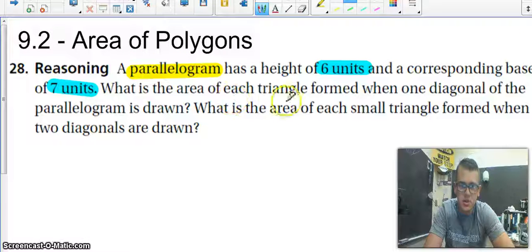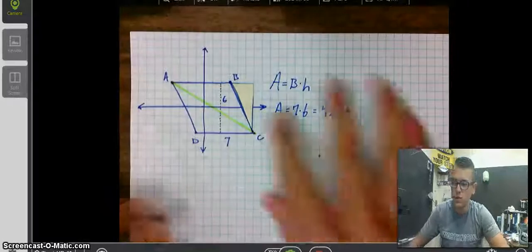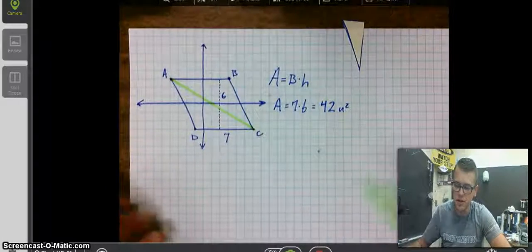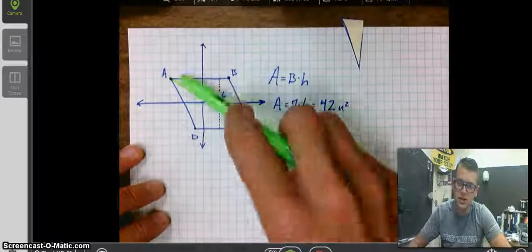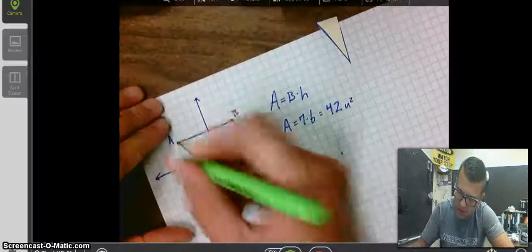What is the area of each triangle formed when one diagonal of the parallelogram is drawn? Alright, then what is the area of each small triangle formed when 2 diagonals are drawn? So that would bring up the discussion of, well, what happens when a diagonal is drawn? Well, here I have this green diagonal drawn right here, and if I go ahead and shade in that region,